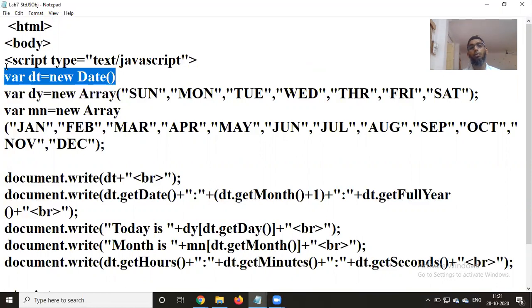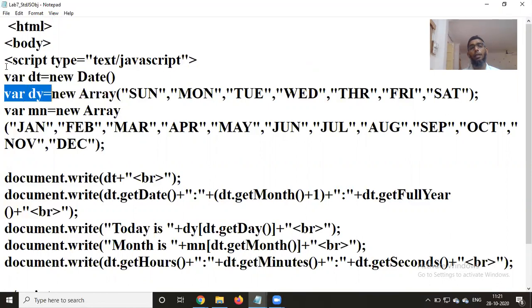Now dt is an object of the Date class. Now I'm going to create a new array called dy. Array is also a standard class here, so new Array will create an object of the Array class.